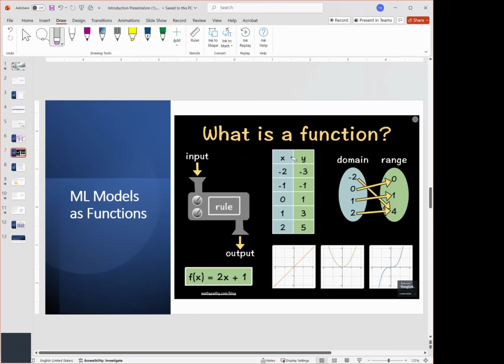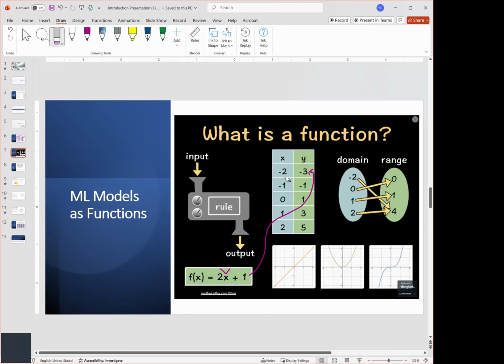In this specific data set, the function is 2x plus 1. What does that mean? If we take this feature, -2, plug it into this x, replace it, and solve, we're going to get -3.